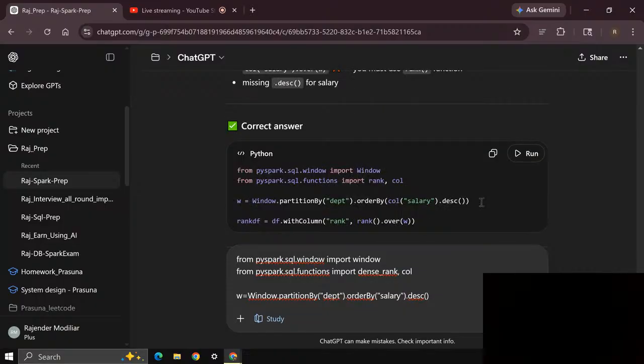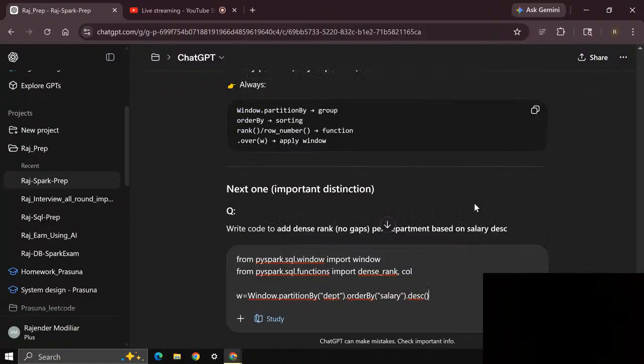After the window is done, column salary, order by salary will not work, so it needs to be col. You cannot do the column operation in the order by that way.